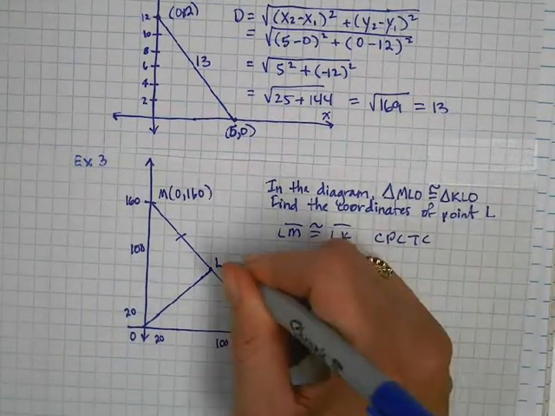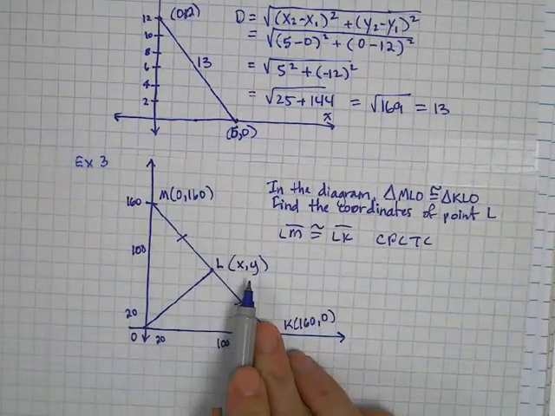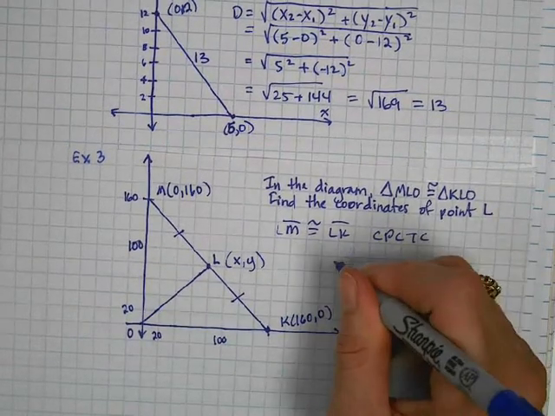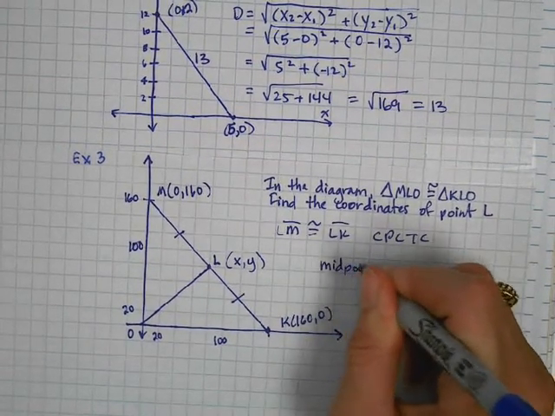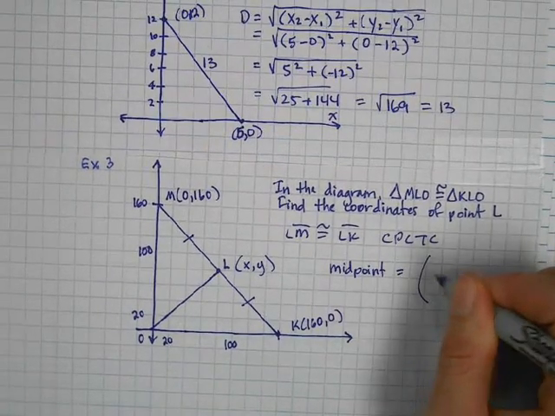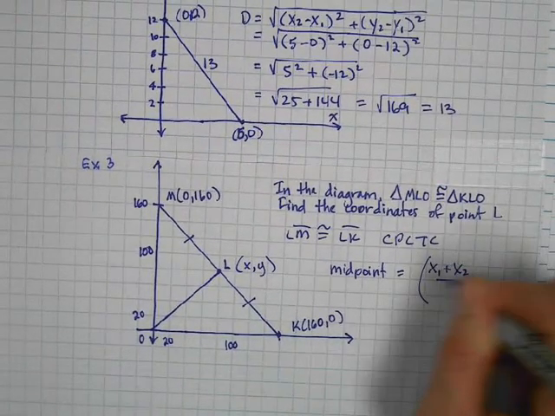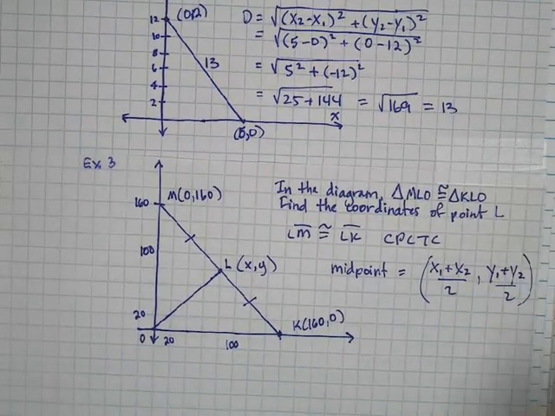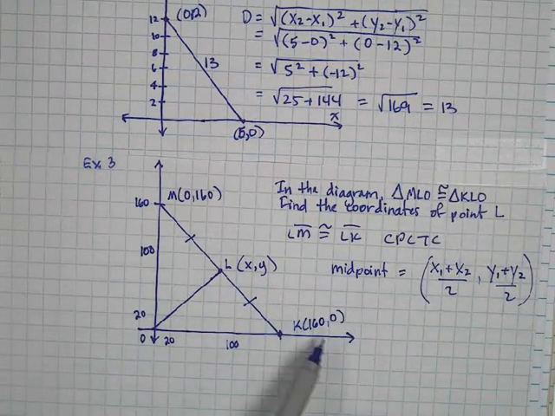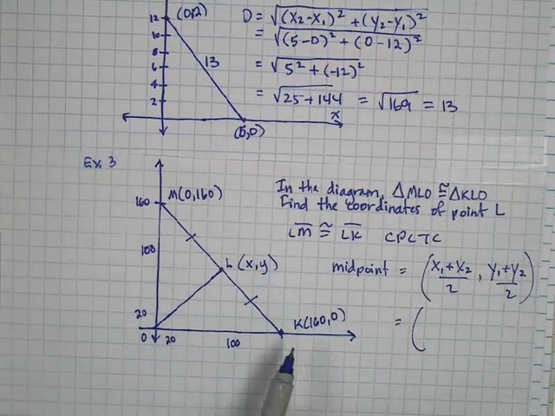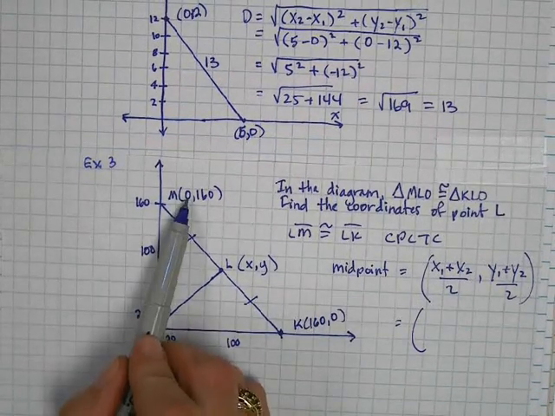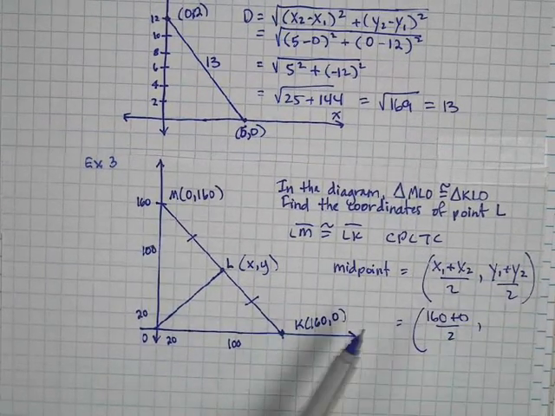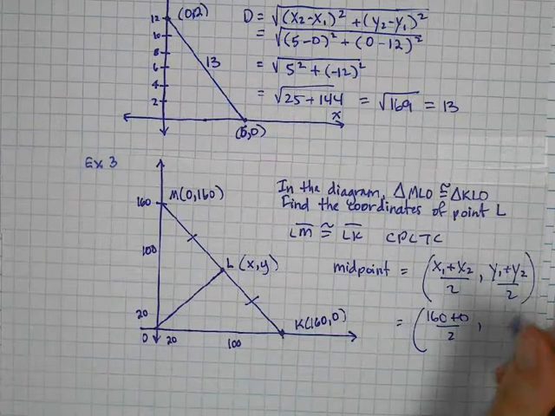So to find the coordinates, in other words, find out the x and the y value, we're going to calculate the midpoint of this line. If you remember right, to calculate midpoint, the formula for the x value is add the x's together, divide by 2, and then add the y's together and divide by 2. So if we add the x's together, it's going to be 160 plus 0 divided by 2, and the y's are going to be 0 plus 160